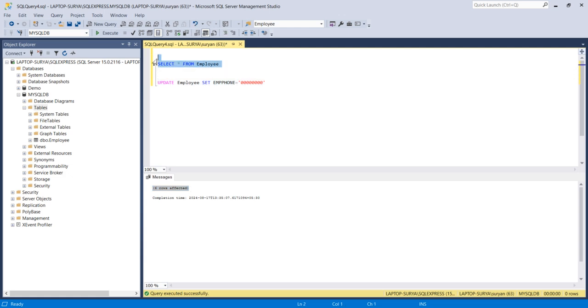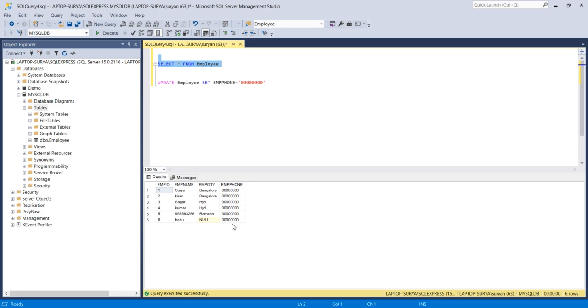Let's go back to the select query. If you can see, all the employee phone numbers in the employee table are updated to 0. So this is how we can update all the rows of data in an employee table. Now I want to update the phone number for a specific employee. So for that I'm going to write update employee set employee phone number equal to,